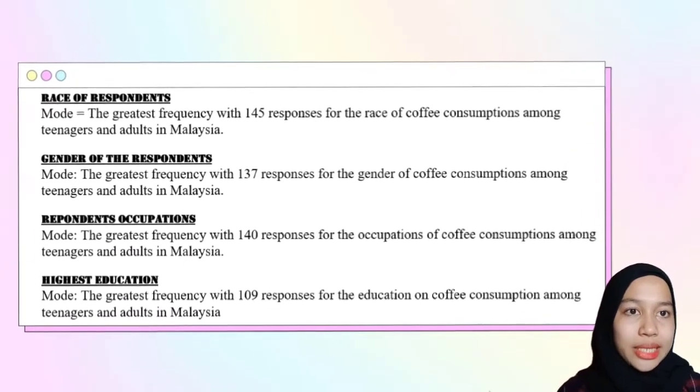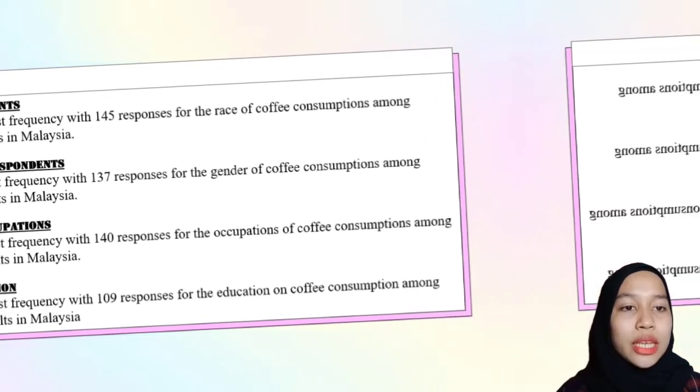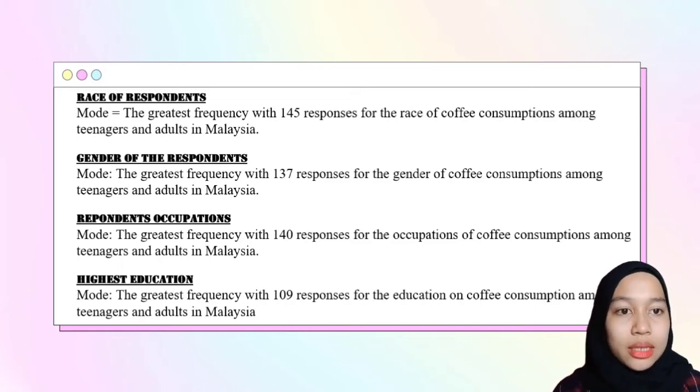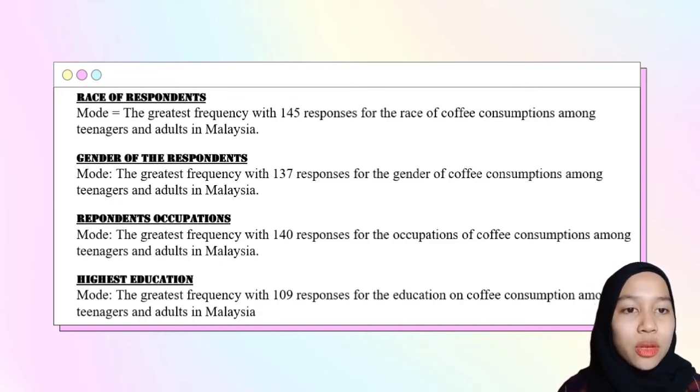First sample of data, race. Mode, the greatest frequency with 145 responses for the race of coffee consumption among teenagers and adults in Malaysia. Gender, the greatest frequency with 137 responses for the gender of coffee consumption among teenagers and adults in Malaysia. Occupation, the greatest frequency with 140 responses for the occupation of coffee consumption among teenagers and adults in Malaysia. Highest education, mode, the greatest frequency with 109 responses for the education of coffee consumption among teenagers